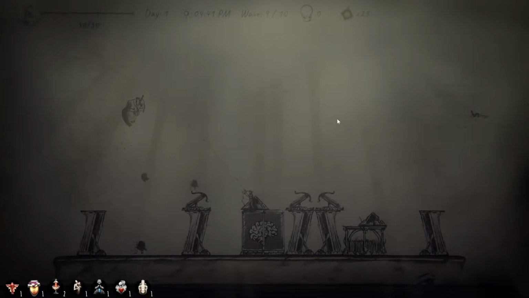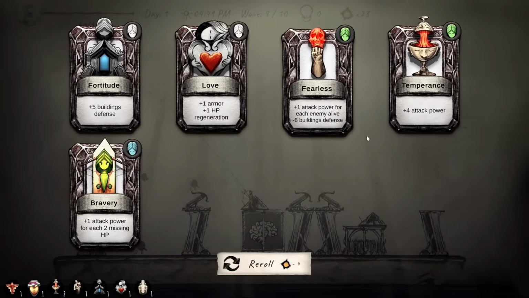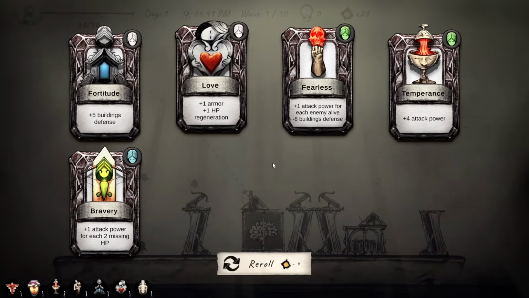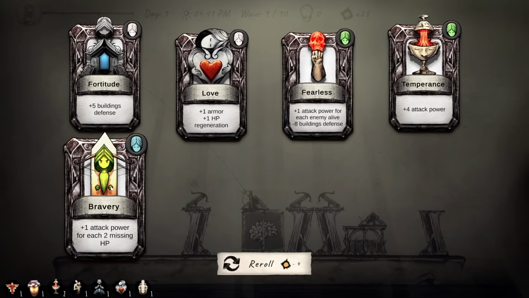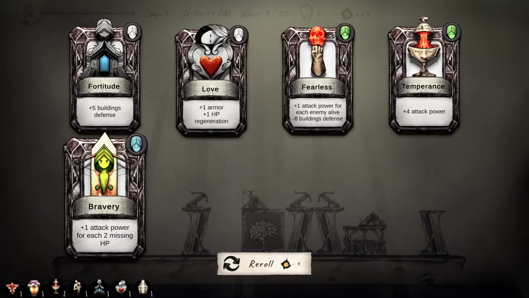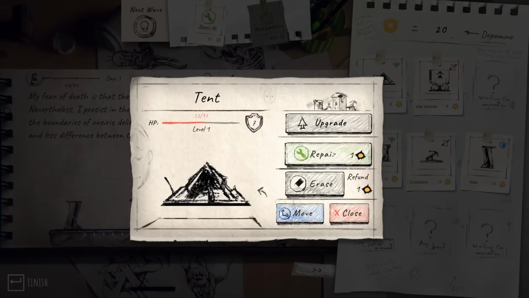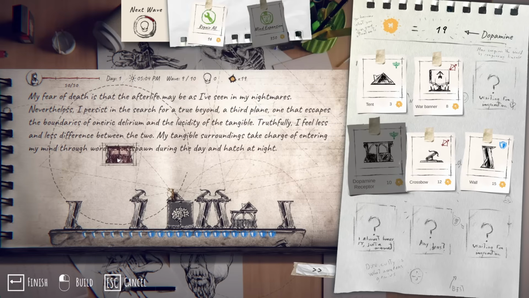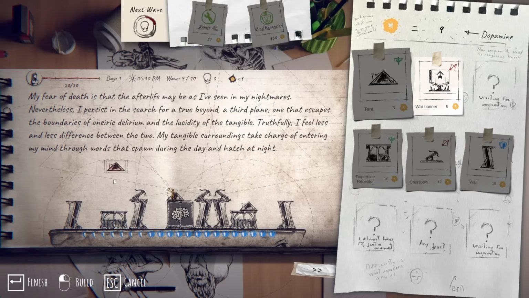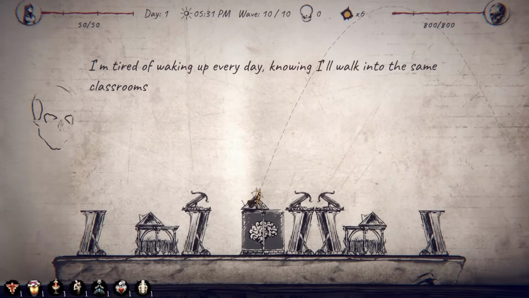Don't worry about it. We're still doing good, but we have one more wave before the big guy shows up. Or he's showing up the next wave. That might have been wave 9 right there. Oh, interesting. We do get attack power for missing HP, although that doesn't last very long because of our healing. So let's just get more permanent attack power. And this tent here took a lot of damage. Repair that. So now we get a dopamine receptor on this side of the world, and then give that a little tent as well. It's too bad we can't get 2 of them on the brain jar because they take up a little too much space. Okay, here's wave 10. I'm tired of waking up every day knowing I'll walk into the same...